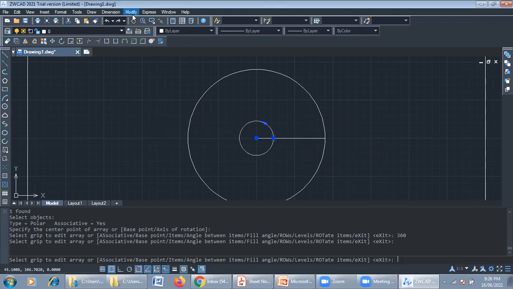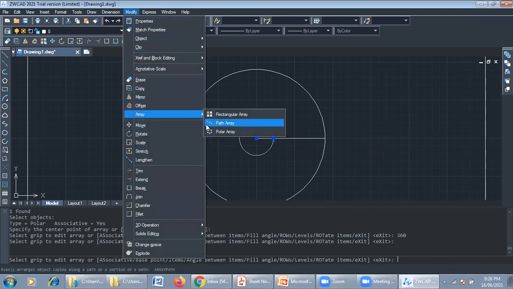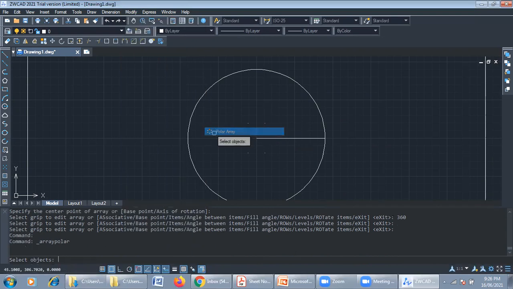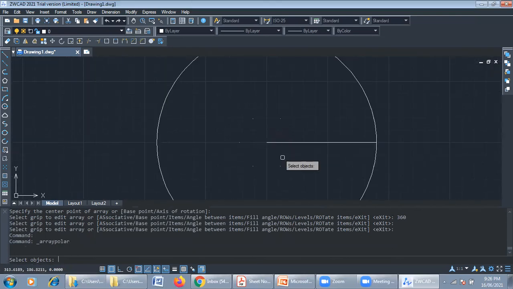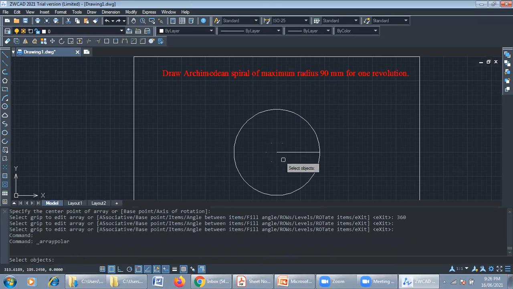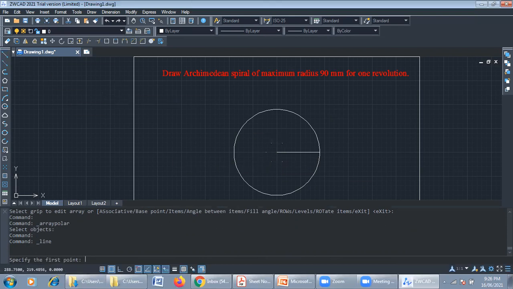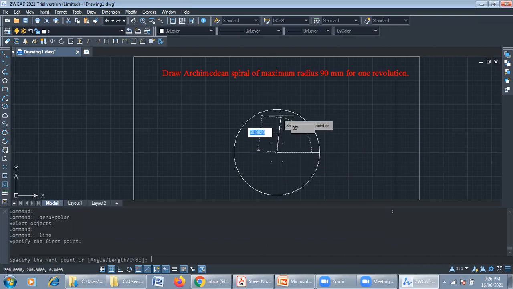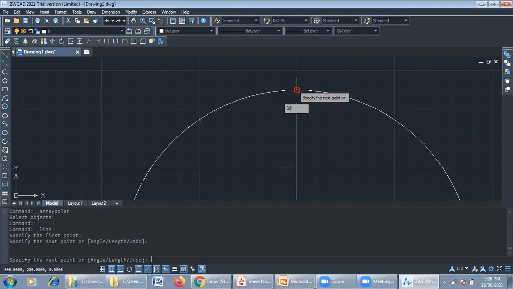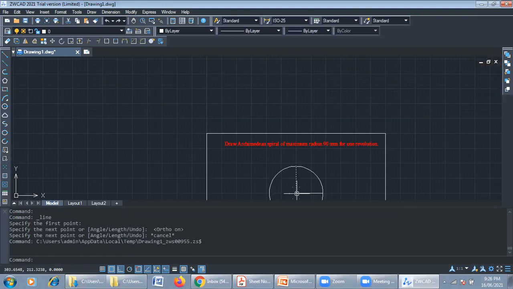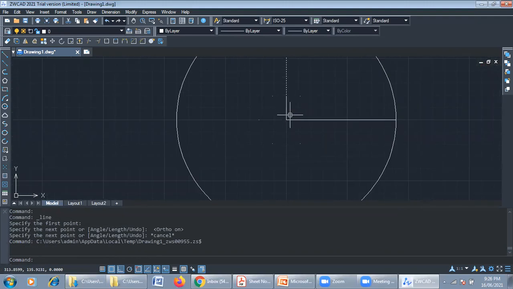Then it is making some error. Array, polar array. Yes, you can see that it is made into eight copies of the same. Then we can draw passing through these points directly like this. Make the ortho on to get the perpendicular line exactly.